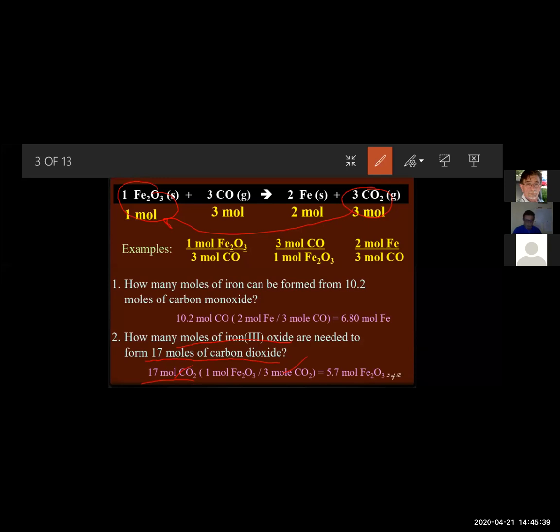We're dealing with moles here. Remember, mass has a unit of grams. So if we figure out the molar mass of iron oxide, we can convert to moles. Because in the lab, we're not measuring moles. We are measuring grams, pounds, or kilograms, or whatever. We don't measure moles directly. We have to measure in grams. When we measure in grams, based on the molar mass, we can convert that to moles. Okay?